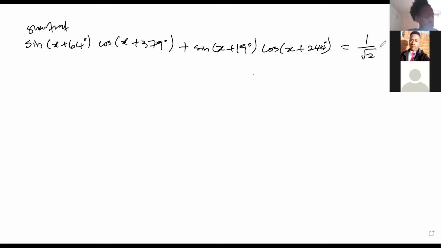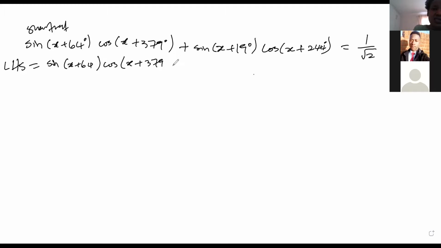Okay. So we're going to use that previous result. We're going to need to simplify this, the left hand side. Before I go there, I'm just going to write this: sine(x plus 64) cos(x plus 379)